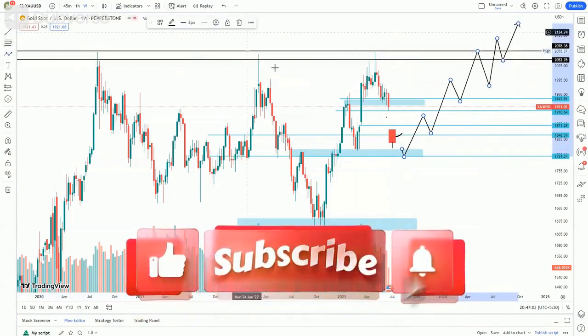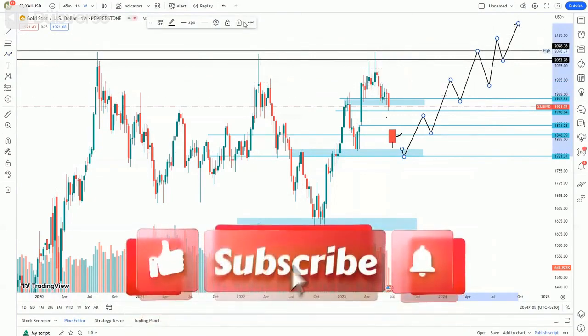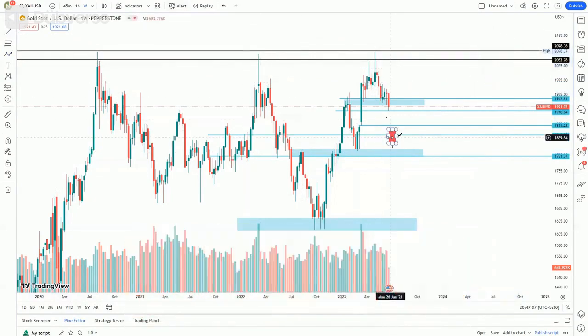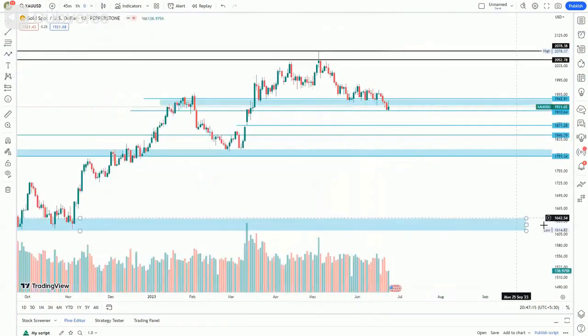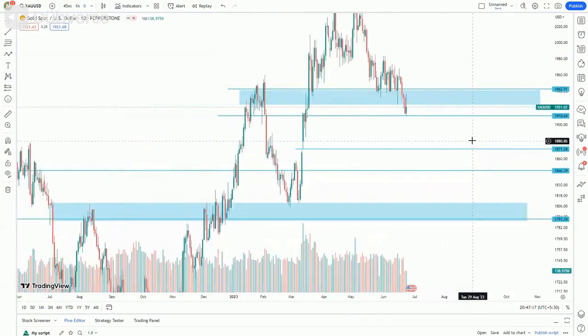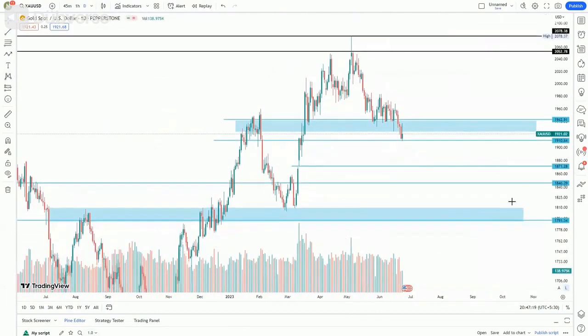Now we will come to the day. Now we will simply put our Fibonacci again on the day. On the day, our Fibonacci will be of the last market retest. The market did a retest and broke its 1800 zone. So we will test it at an all-time high from our 1810 zone.